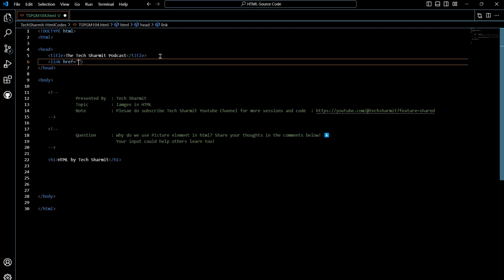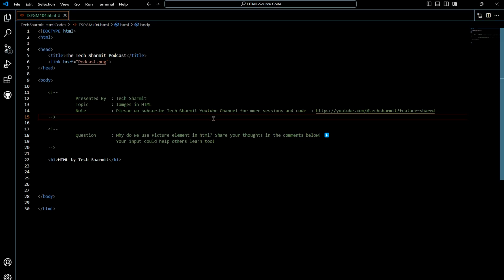In this href, we have to put the exact file name which we want to use as a favicon. Remember one thing, if that image is present in the same location where this file resides, then there is no need to provide any path. But in case the image is in a different folder and the code is in a different folder, then for sure you would need to provide the path of